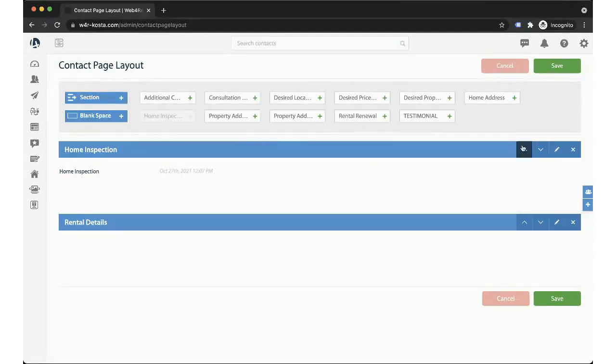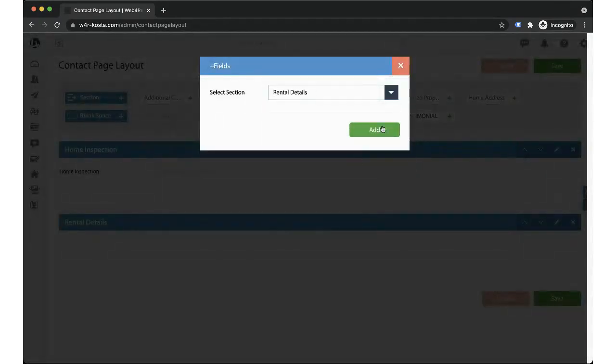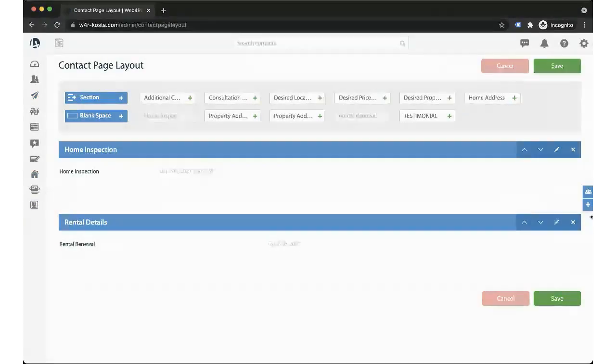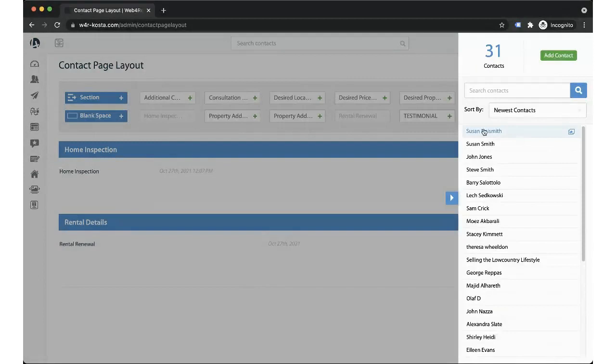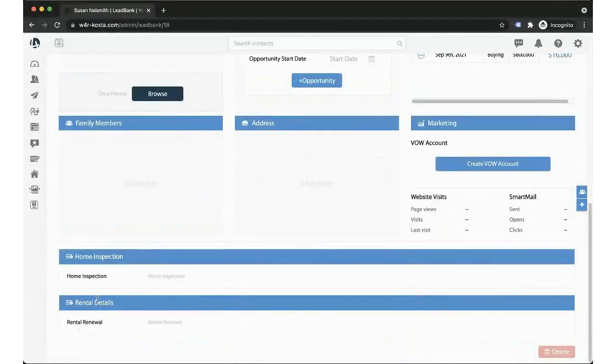I should drag it in here actually. So rental renewal, in the rental details, there we go. So I'm going to save and quickly click on a contact again to show you what I just did here. So if I scroll down, now I have this new section in my CRM called rental details, where I can